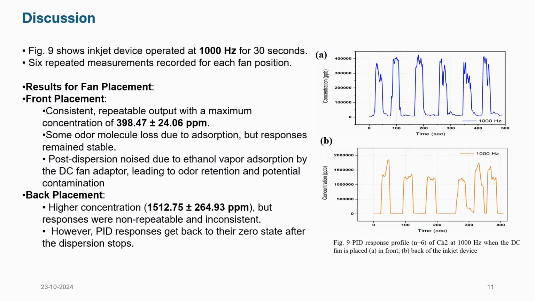And for the repeatability, we checked the PID responses of 1000 Hertz for 30 seconds, and these are the responses. In this case, there are two kinds of results we can achieve. For the front placement, we can see a consistent, repeatable output with a maximum concentration around 400 ppm, and some odor molecule loss due to the absorption, but the responses remained stable. And the post-dispersion noise due to the ethanol evaporation absorption by the DC fan leading to odor retention and potential